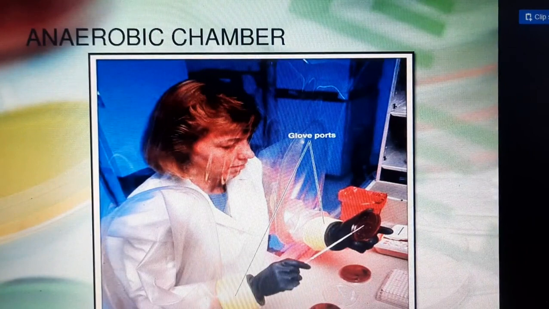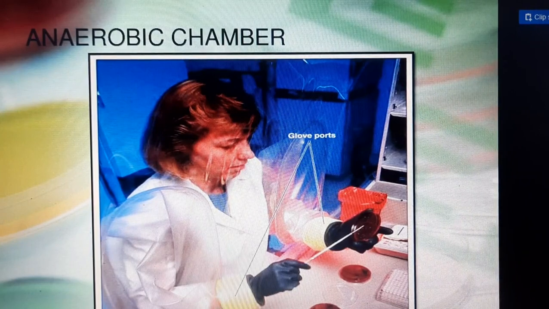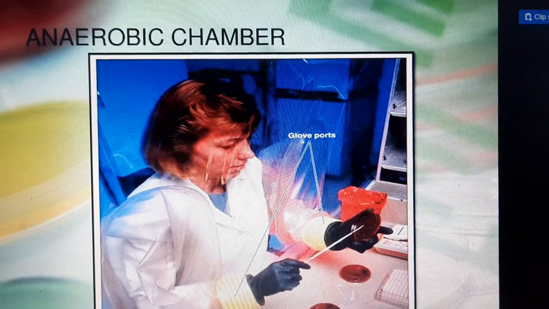Anaerobic chamber. It is an anaerobic inoculation system. It provides an oxygen free environment for inoculating culture media and for incubation. It is fitted with airtight rubber gloves to insert hands for working with specimens. This anaerobic chamber contains a catalyst, desiccants, hydrogen gas, carbon dioxide gas, nitrogen gas and an indicator.